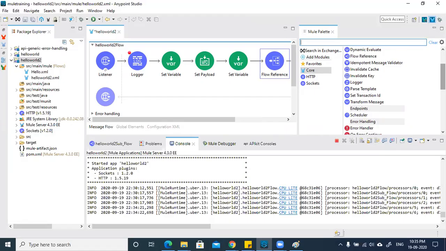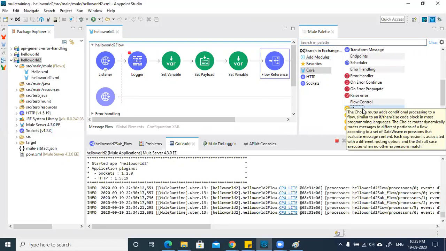So like any programming language, in the basic building blocks, that programming language provides you if else or a conditional operator. Like in Java you have if else, right? So in Mule also we have a conditional operator,